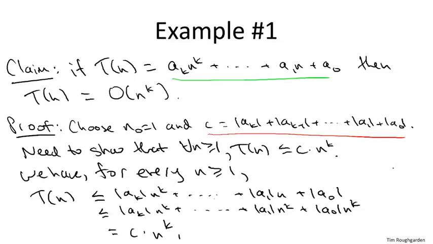We had to prove that T(n) is at most c times n to the k, given our choice of c, for every n at least 1, and we just proved that. So, end of proof. Now there remains the question of how did I know what a workable value of c and n naught were,